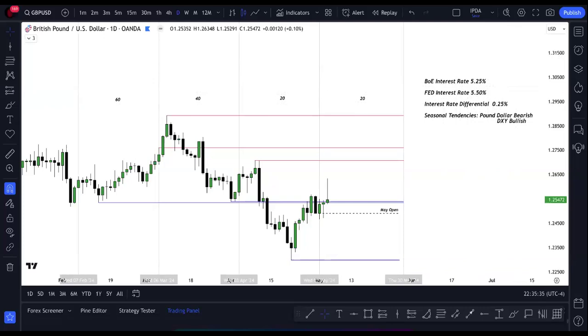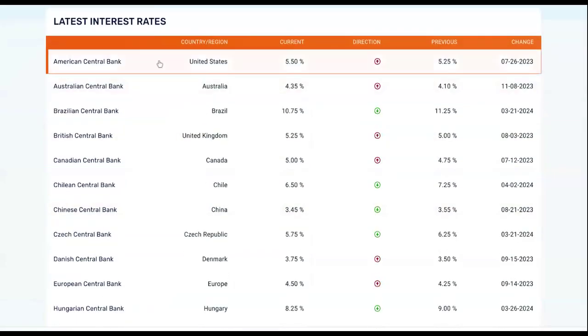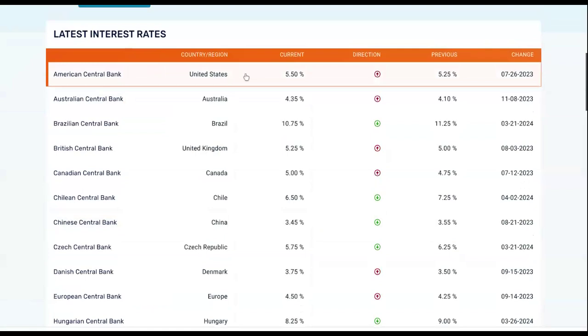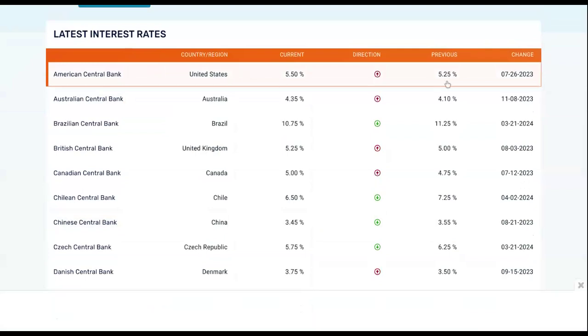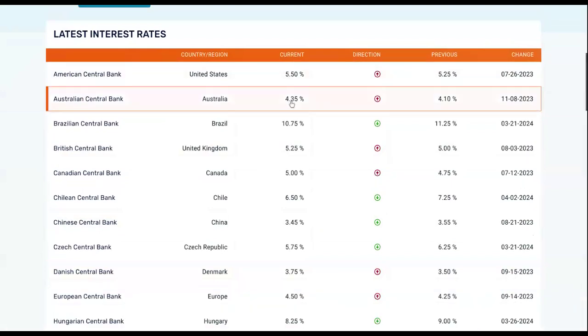So, for example, let's get that website going for you guys. We got central banks. Share this tab instead. So you should be looking at a screen that shows the latest interest rates on all the world's central banks. And we can see that Australian, oh,